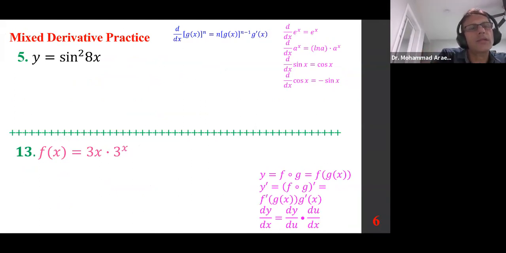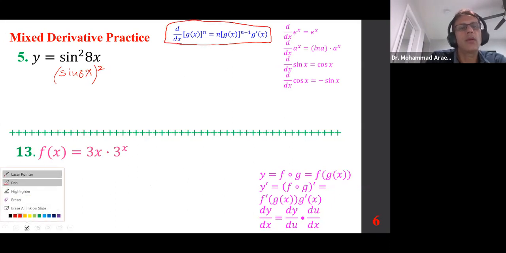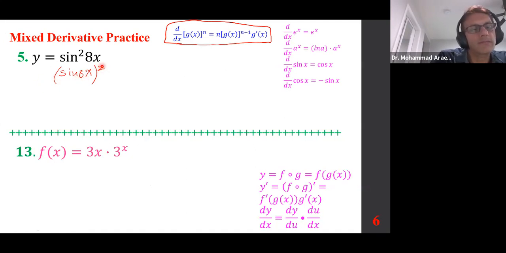Again, let me write this as sine of 8x to the second power. And so we are using the extended power rule. 2 sits in front, sine 8x. Let's just write that. So we get